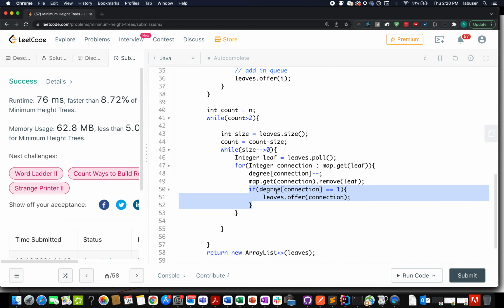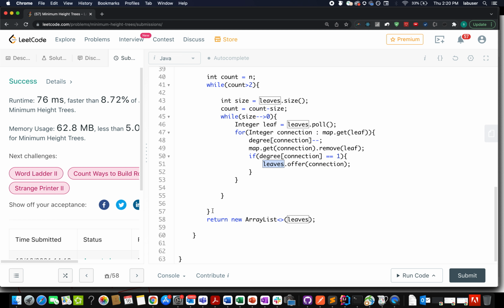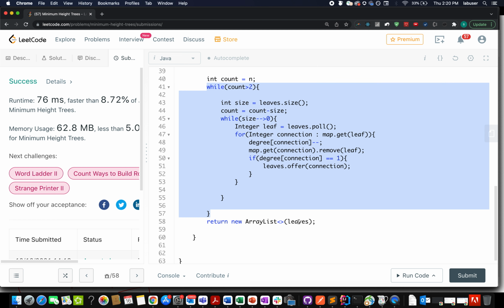If my degree at the connection happens to be equal to 1, I simply again add that node into the queue or my leaf set. In the end, when the breaking condition is met that the count has become less than or equal to 2, I abort the process and return whatever values are held at my leaf nodes for that particular state. So let's try this out.